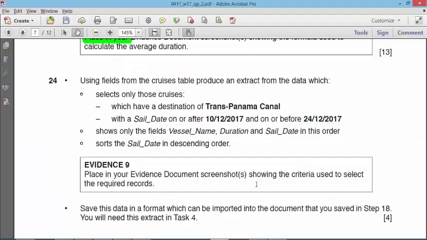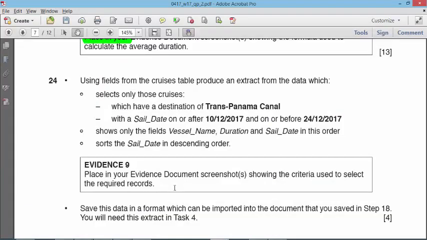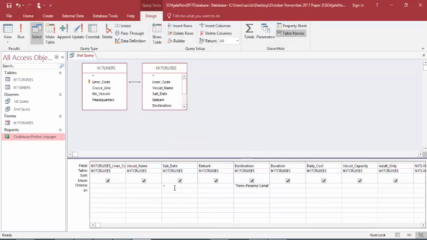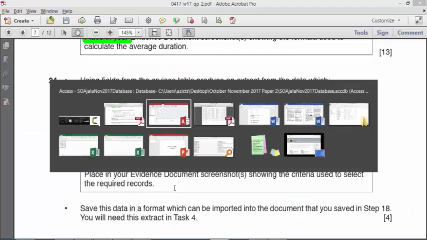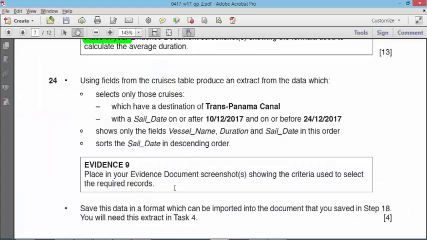With a sale date on or after. Where is sale date? Okay, on or after, that is equal to or greater than. That's greater than, that's after, equals to 10/12/2017. And